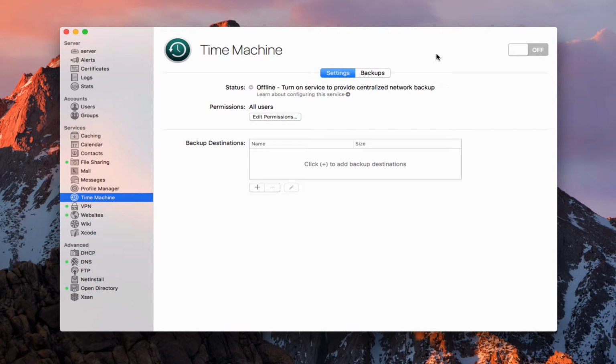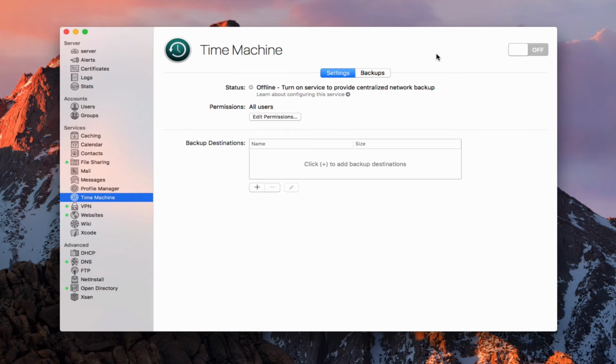This week, we're going to take a look at setting up the Time Machine service that's built into macOS Server. Now, Time Machine is Apple's incremental backup system that allows you to back up your devices. It does incremental backups so that you can go back in time and restore files that you may have accidentally deleted or have disappeared or become corrupt. You can restore your machine to a previous state, or you can go back and pull specific files off using